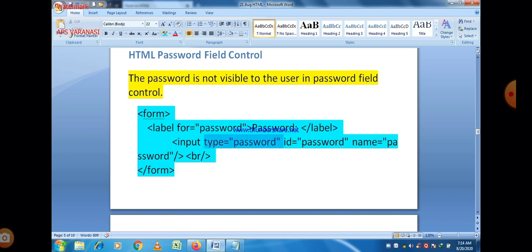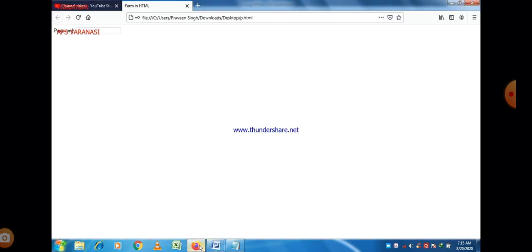To implement the password field control, we just write type is equal to password. And as I told you, the value of the id attribute and the for attribute must be the same. So for is equal to password in the label tag, id is equal to password in the input tag, and the name of the field is password, which is visible here. You can easily see that.